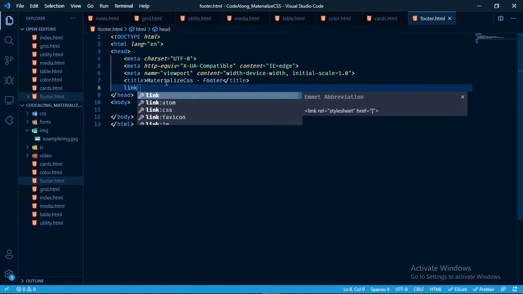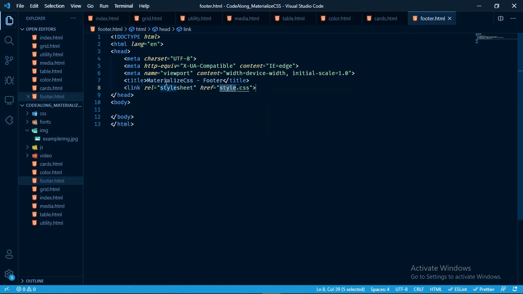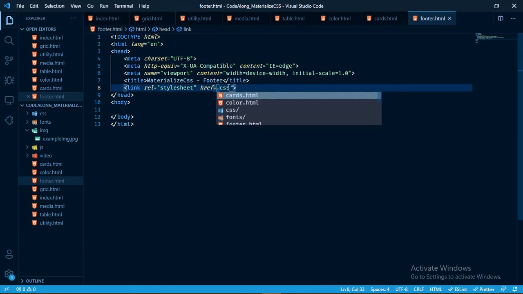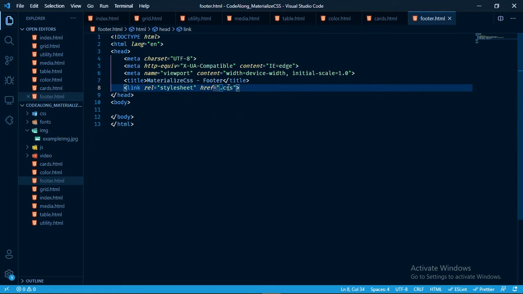Then add up our CSS link. The link should equal, the link should have a CSS slash this,